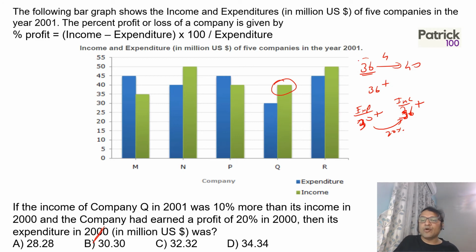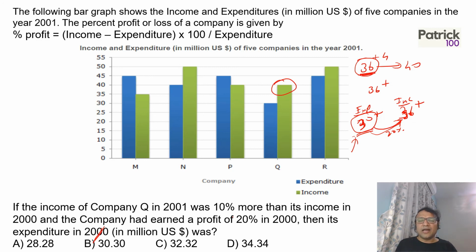So first I found out that the income has to be more than 36. Because if I take 36, I get more than 10% increase. So it'll be slightly more than 36. If slightly more than 36, then if I take expenditure 30, this will get more than 20%, but I want exactly 20% profit. So it'll be slightly more than 30. So from the options, B option is the answer, right? Taking 30 is an easy way to calculate and it is close to the options. If I took 30 and checked, it becomes easier to find the answer, right?